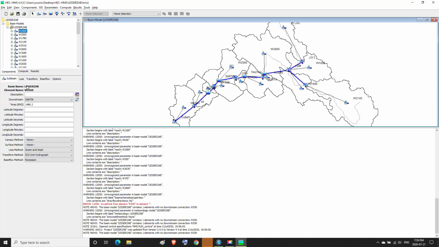Then in the subbasin menu, we specify the options and we choose the methods according to the chosen methods that were prepared in advance by HEC-GeoHMS in ArcMap, as we see.